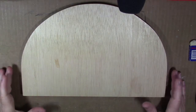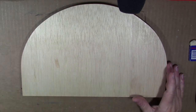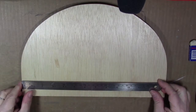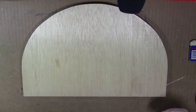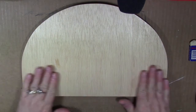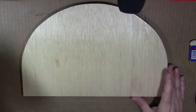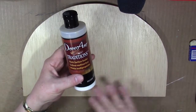Project surface is a half moon door crown. This is about 13 and a half inches wide, and I'll give you the source in the printed materials. And to prepare this, I have applied a generous coat of the DecoArt Traditions multi-purpose sealer to all the sides